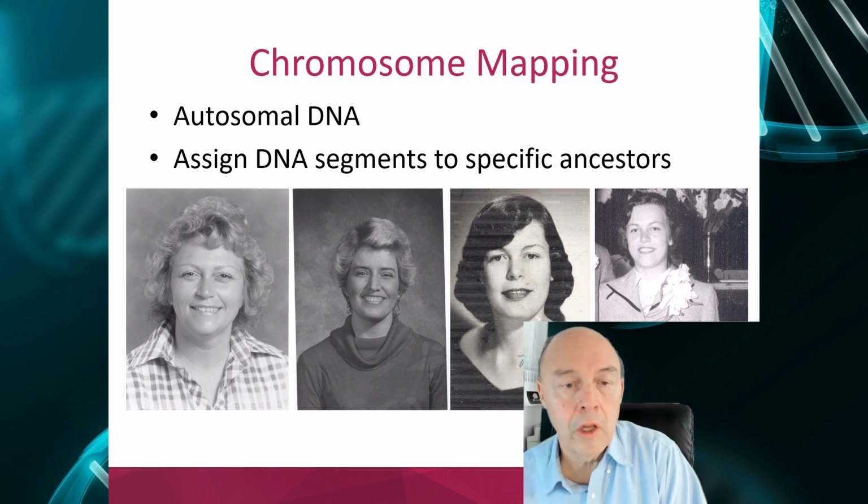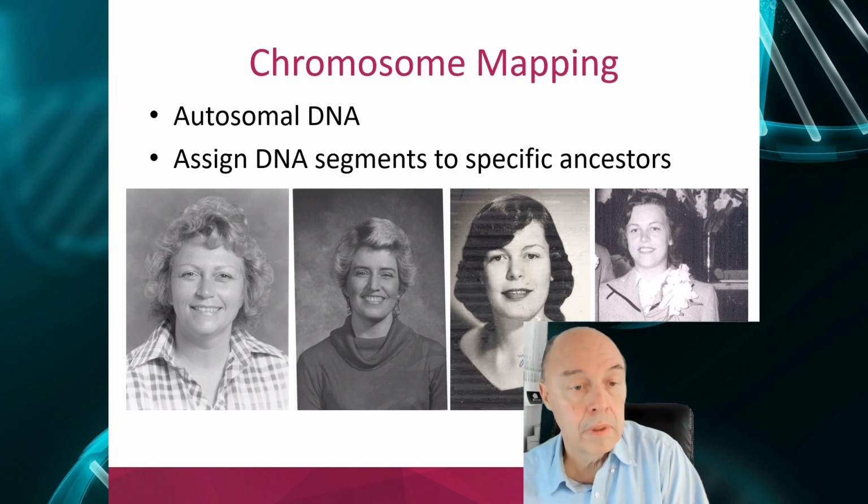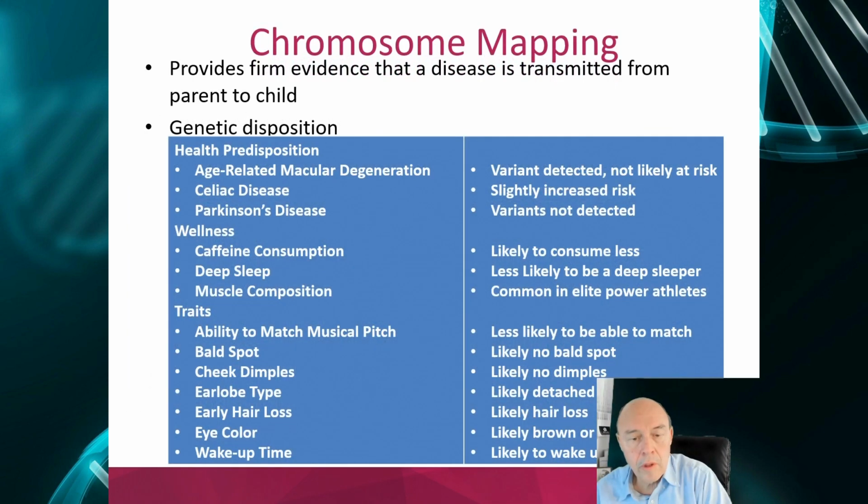Chromosome mapping can help you validate your biological parents, your siblings, extended family, even up to second and in some cases third cousins. Chromosome mapping is also very useful in the comparison with the DNA of other individuals to help identify the propensity to certain types of medical traits. Chromosome mapping has provided firm evidence that a disease such as diabetes can be passed down from one generation to the next. There are a few DNA companies, such as 23andMe, that specialize in